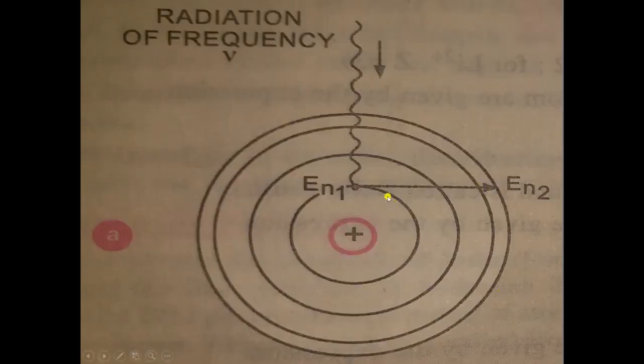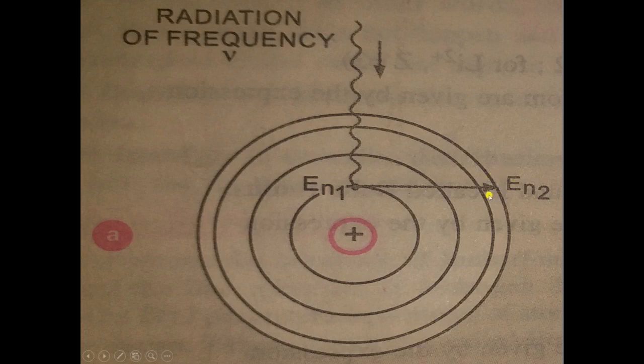So here in this diagram you can see that the electron is present in the n is equal to 1 orbit. And the energy of an electron in one orbit is fixed. The energy of the electron can be changed only when the electron changes its orbit. So when we supply energy, the electron will absorb energy and go from the ground state to a higher energy state. Now, the higher energy state is also known as the excited state.